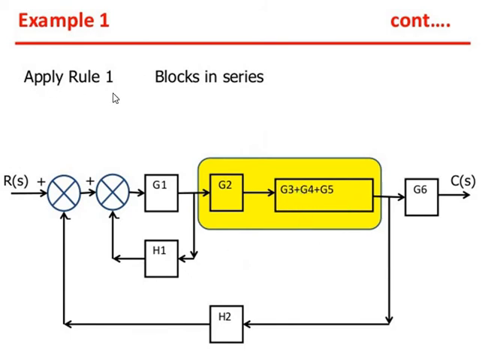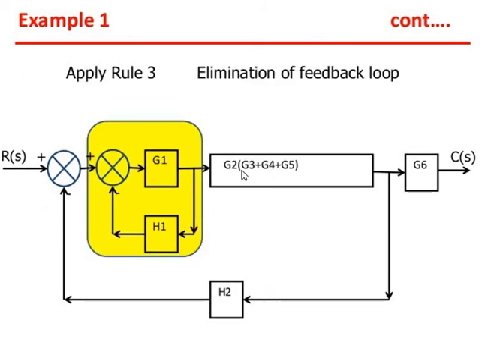Now we apply rule 1. Rule 1 is applicable for the series connection. So here G2 and G3 plus G4 plus G5, these two blocks are connected in series. If we apply rule 1 for these two blocks, it becomes the multiplication of G2 into the bracket G3 plus G4 plus G5. So it is the multiplication of G2 into G3 plus G4 plus G5. And now we consider